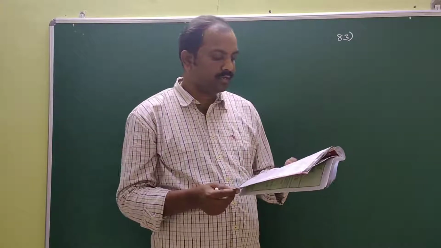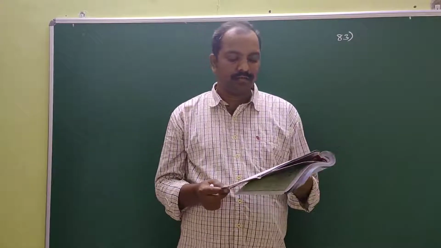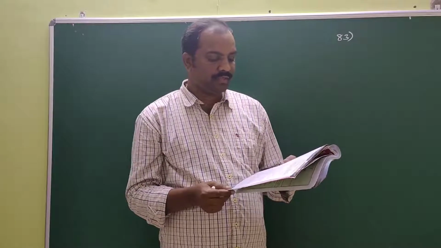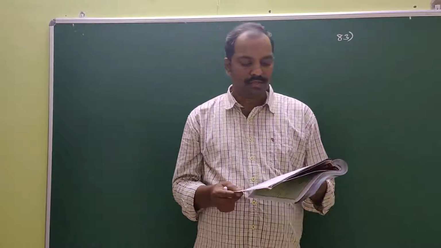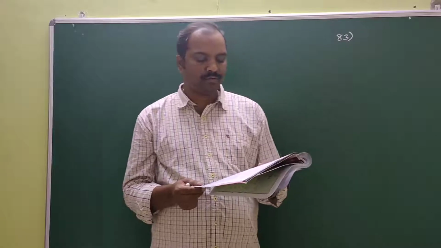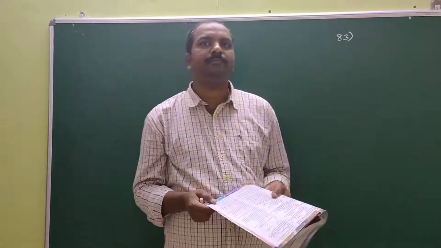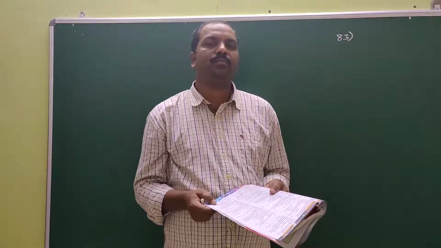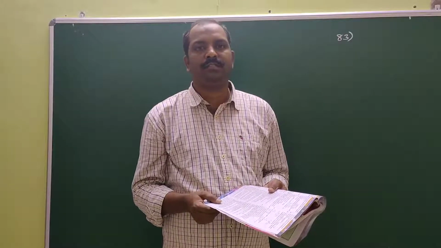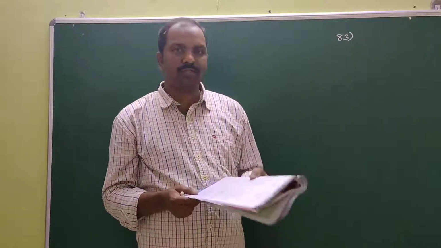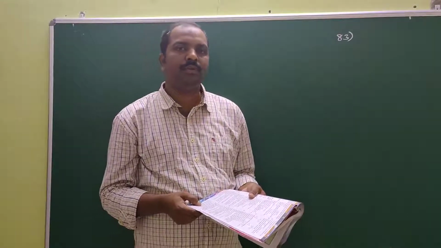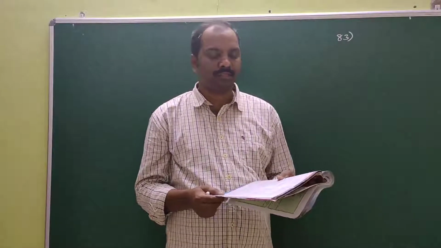Second statement, in a circuit containing capacitor and AC source, the current is 0 at that instant of source voltage maximum. So when the source potential is maximum, generally the capacitor is at steady state. So the current passing through it is 0. So that is also a correct statement.